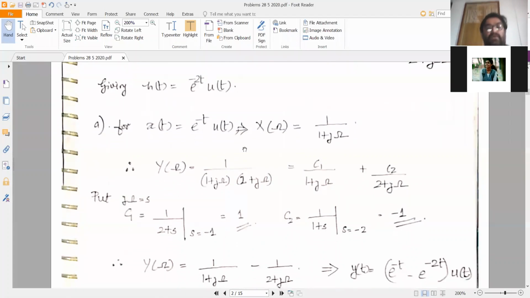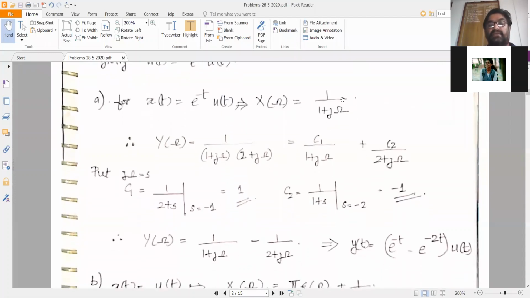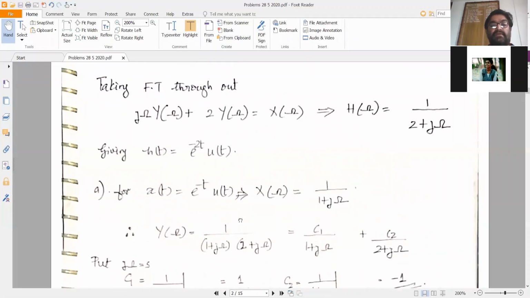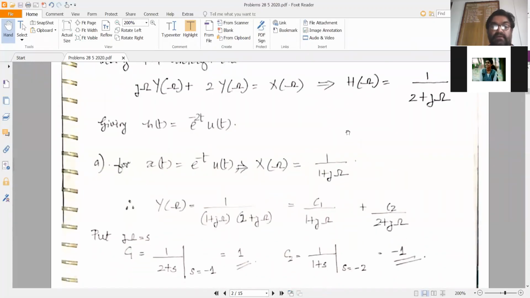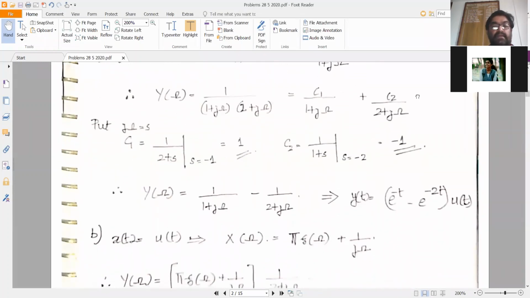Now, for the first input, which is x of t is equal to e raised to minus t into u of t, you have X of omega is equal to 1 by 1 plus j omega, which means we can write Y of j omega is equal to X of omega into H of omega. So Y of omega is equal to 1 by (1 plus j omega) into (2 plus j omega), which you partial factorize. So you will get this as equal to 1 by 1 plus j omega